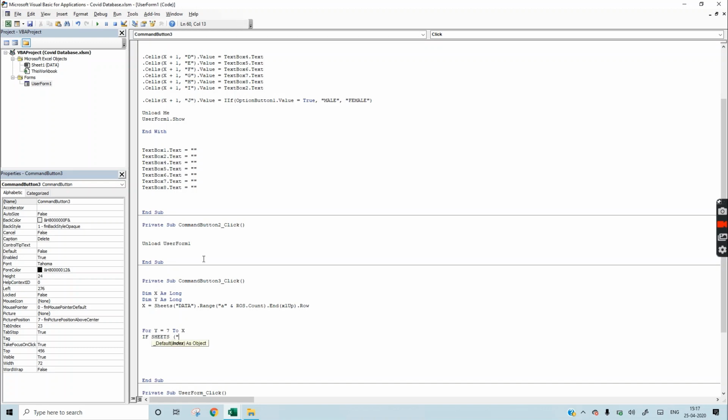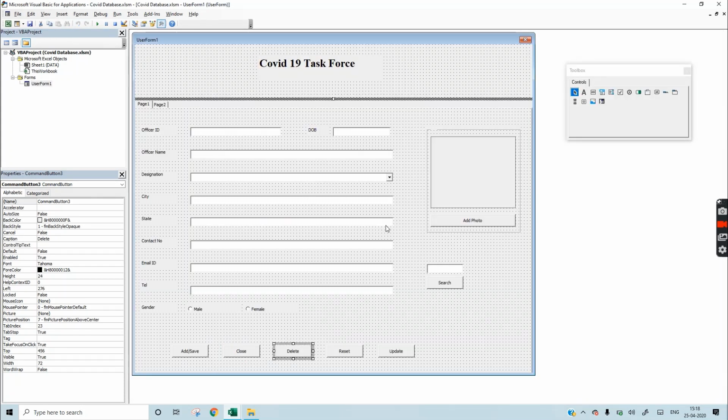if sheets data. We have taken text box 9 because the delete button we will use only when we search.